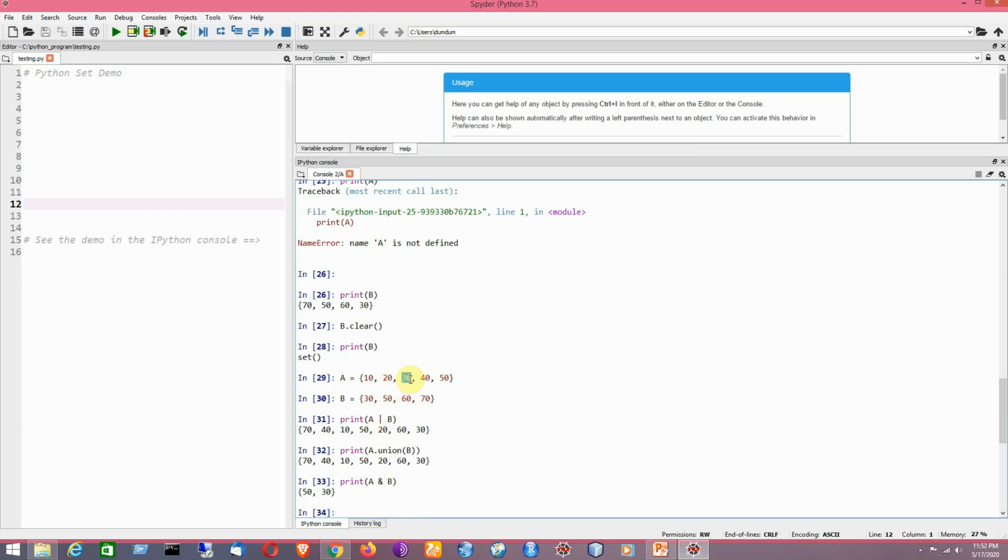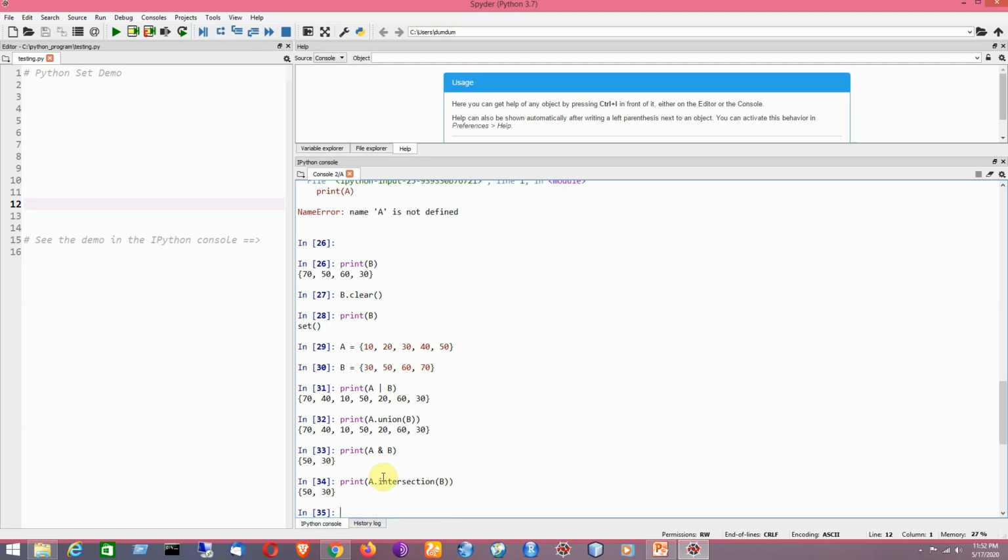It is basically 30 and 50. 30 and 50 are the common elements of A and B, so it gets printed here. We can also follow the alternative technique, like instead of writing the AND operator we can write intersection. It is also giving you the same result.